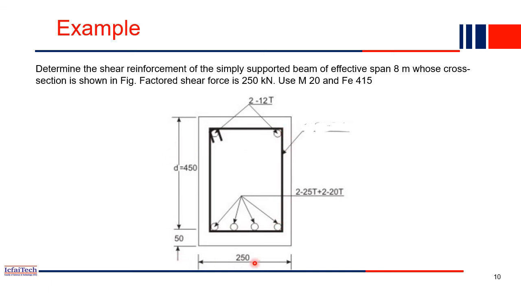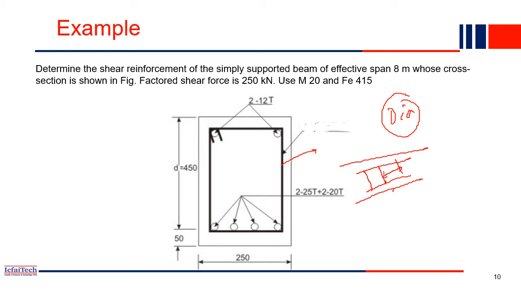Okay, so b and d, everything is given to us. We have to find out the dimensions. Design of shear reinforcement means what? Two things you have to find out. One is the dimension, which means the diameter of the stirrups. Another is the spacing, right? Longitudinal bars will be there, and we provide stirrups something like that. So what is the spacing here? This spacing we call Sv.